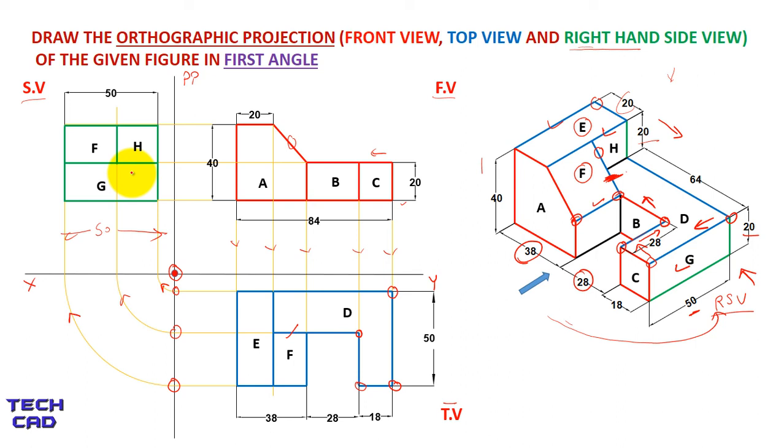These are invisible lines. So in the side view I have one hidden edge, this one. So what is that? That is this one, this edge, or you can say that the B block gives me a hidden line from the side view. So you can see this edge, this one. So this edge is there, but it is not visible directly from the side view. So I will make a hidden line over here. So this is a hidden line.